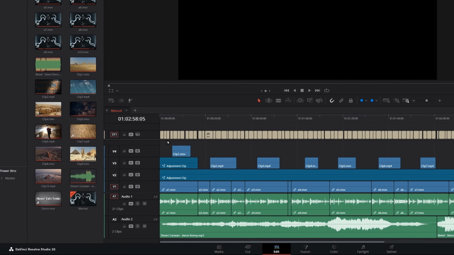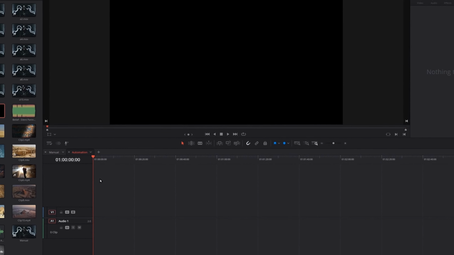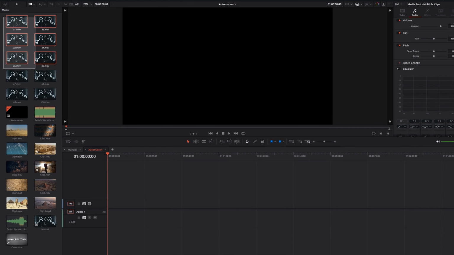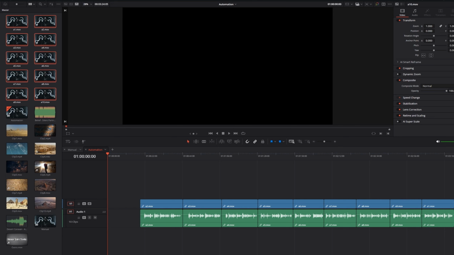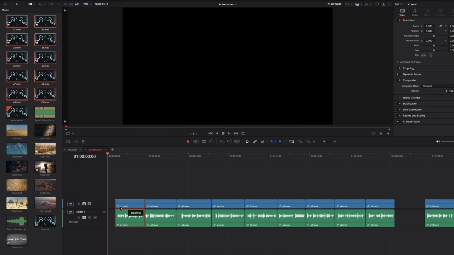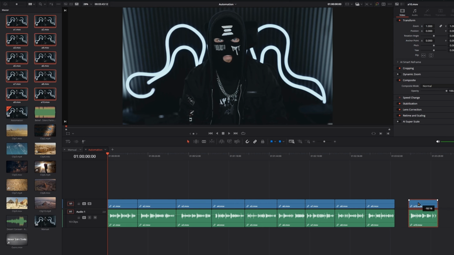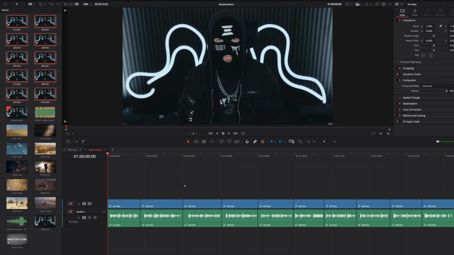So we're going to create a new timeline here. And there we go, starting from scratch. We'll import our clips once more. I just wanted to mention again that these have been named in accordance with my workflow for how I use Autopilot. You can come up with your own naming conventions which fit your workflow